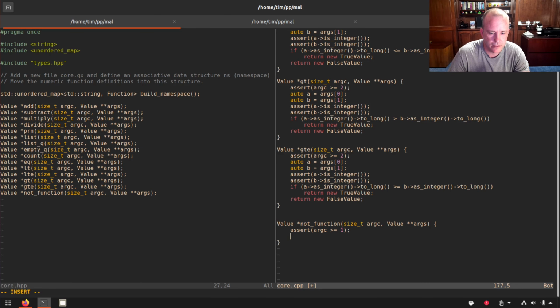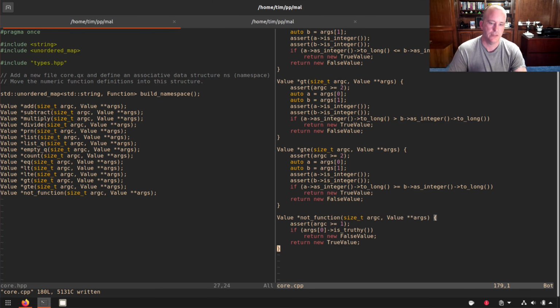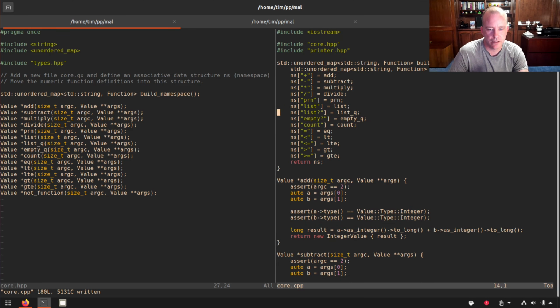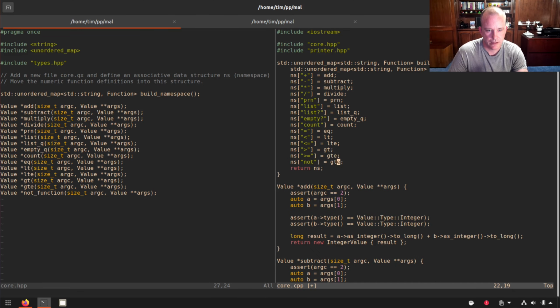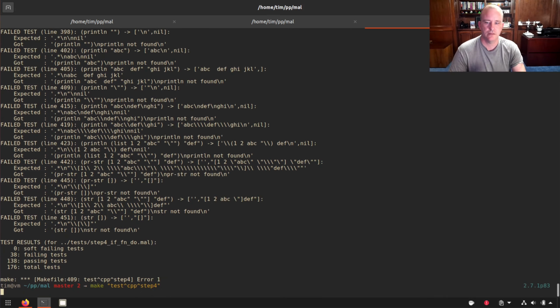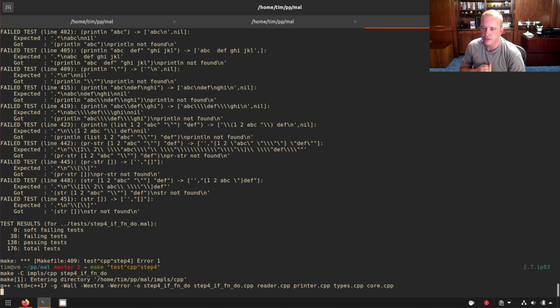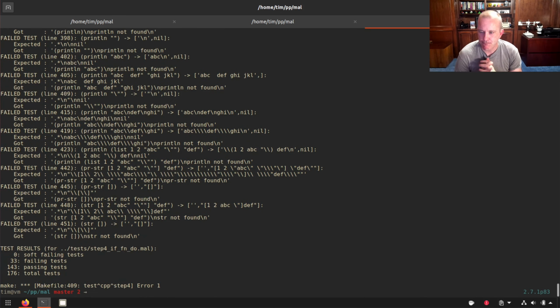We'll say if args 0 is truthy, then return new false value, otherwise return new true value. Not function, okay, and not function. 38, that should go down to what, 32, 34, something like that. 33, oh, I was right around it. Stir not found, so